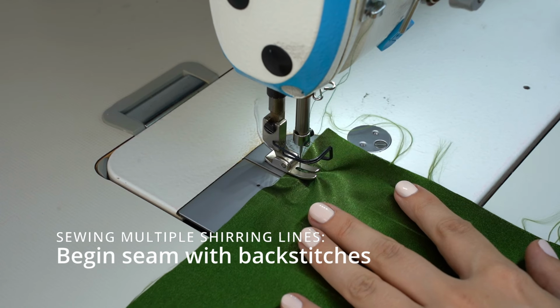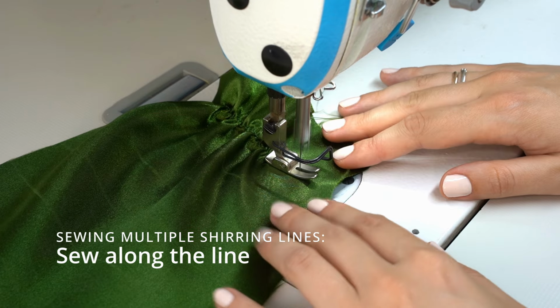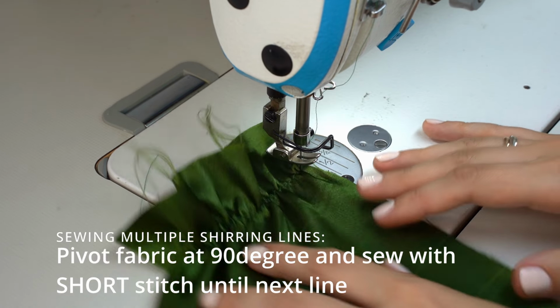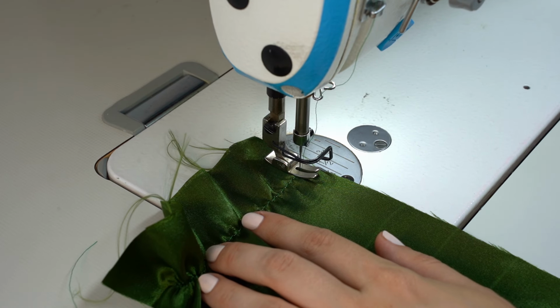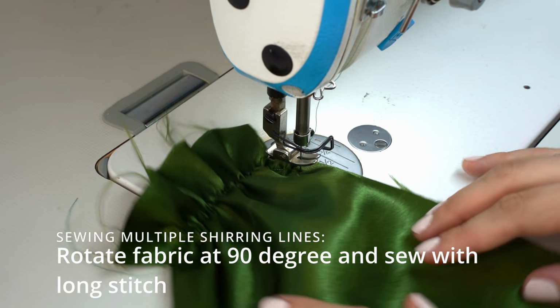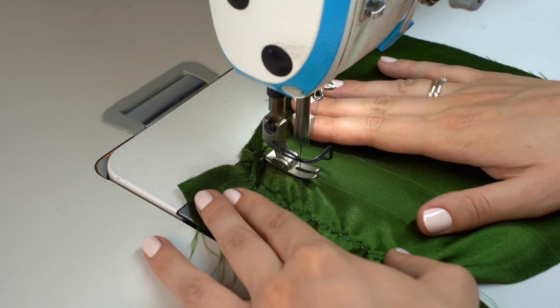Start sewing a seam, securing the beginning with a back stitch. Sew along the line, and at the end of the line, pull needle down, lift presser foot, rotate fabric 90 degrees, then reduce stitch length to minimum, I like to use 1 millimeter, and sew until the next line. Then pull needle down, lift presser foot, rotate fabric and restore stitch length to maximum and sew until the next end